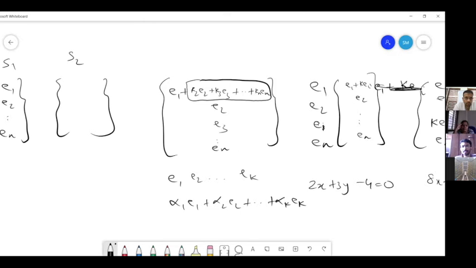And here some of the KIs could be 0 also. It is not necessary that everything, but at least there should be one non-zero. Okay, that of course it depends. Yeah, you could have 0 entries also. Okay, so now in system 2, each equation is a linear combination of equations of S1. So in system 2, each equation is a linear combination of EIs. Okay, so now what can we say about S1 and S2?